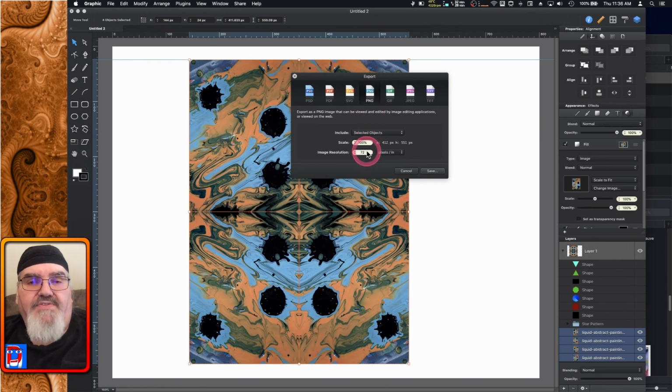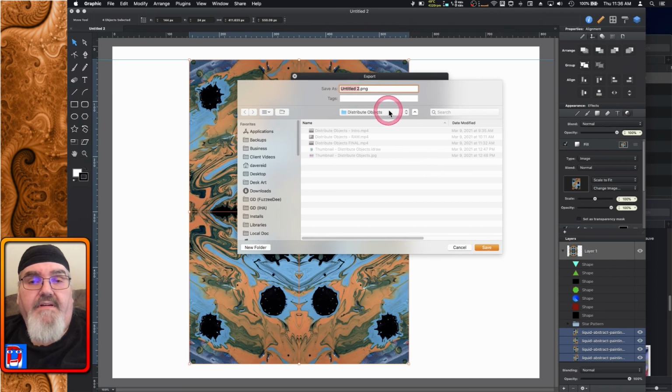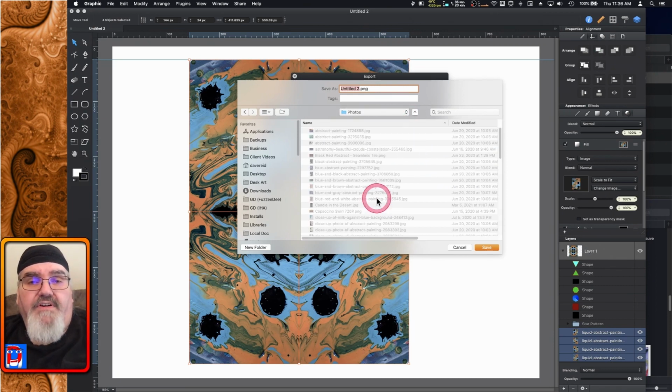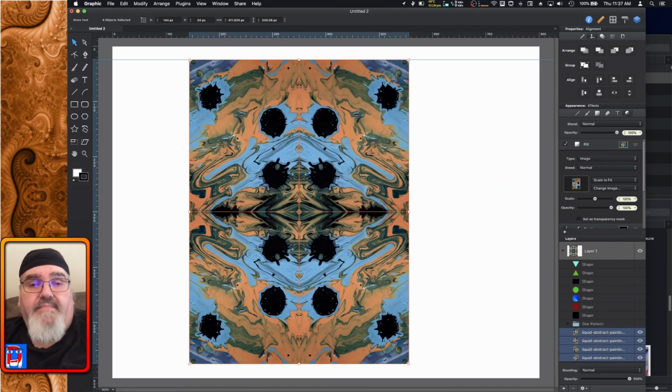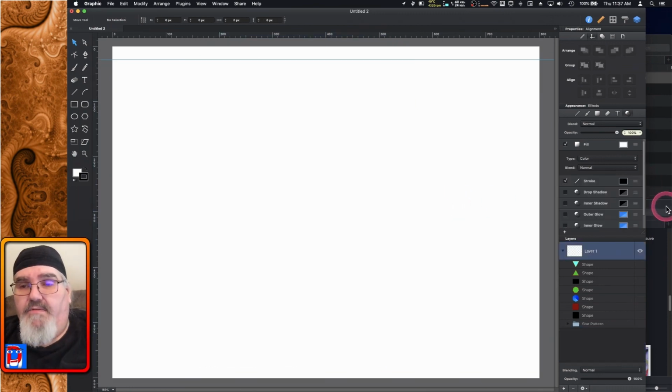And if you're just going to be using this on screen, then 72 DPI is fine. If this is something that you actually intend on printing, then you're going to want to bump this up to 300 or even 600 DPI, or pixels per inch. And we'll just put this in our Photos folder. Okay, now we're going to get rid of that, and we're going to go